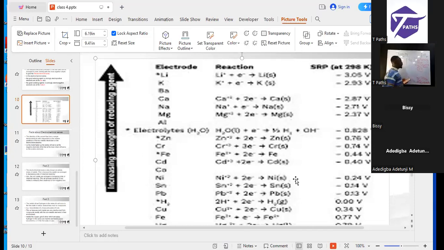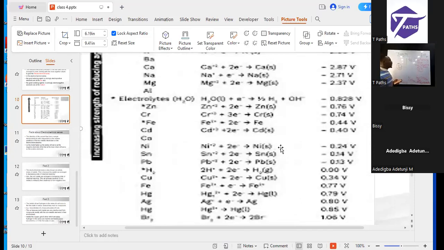Good oxidizing agent. To be a good oxidizing agent, you need to understand some basics about this electrochemical series. There are a lot about it, and you need to understand that in as much as you are having this occurring,